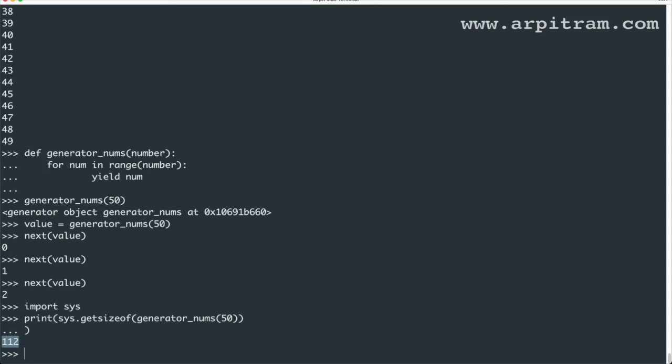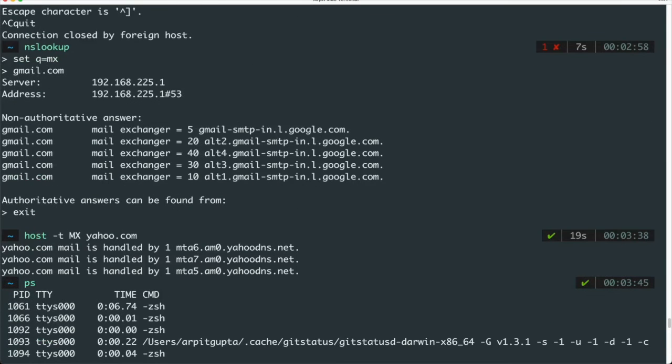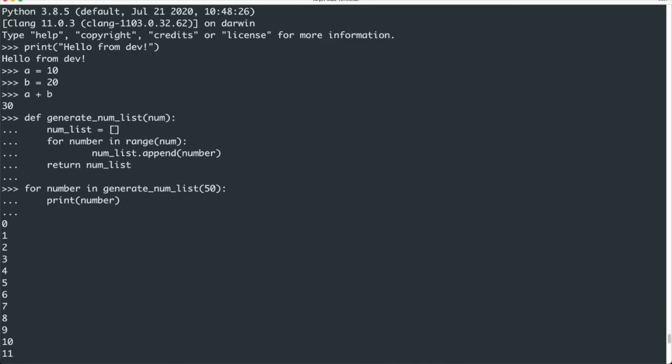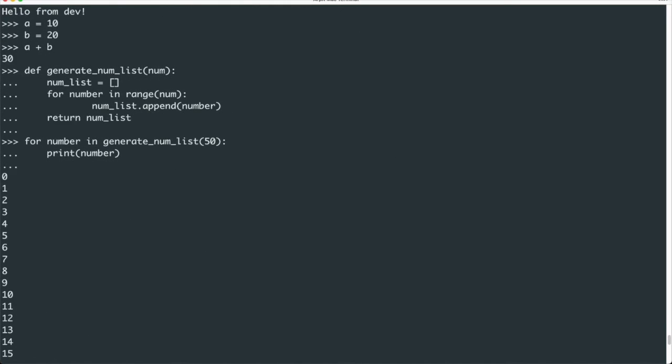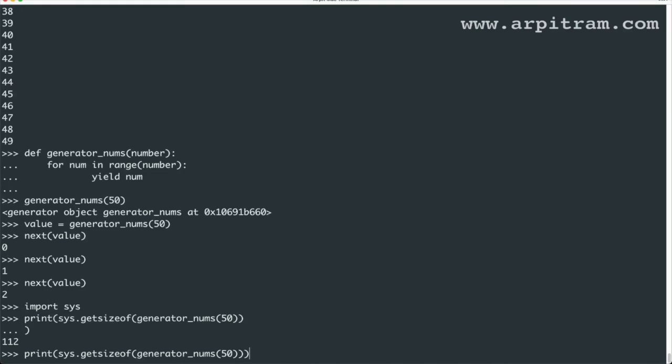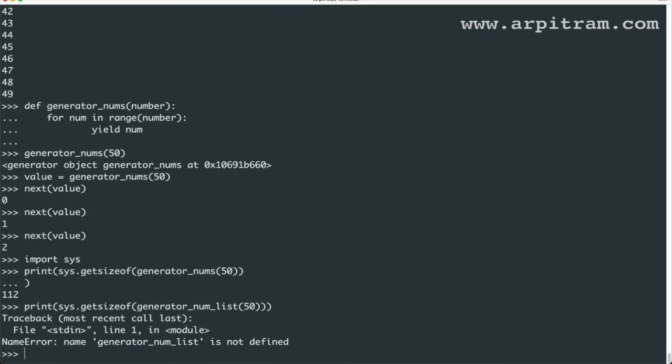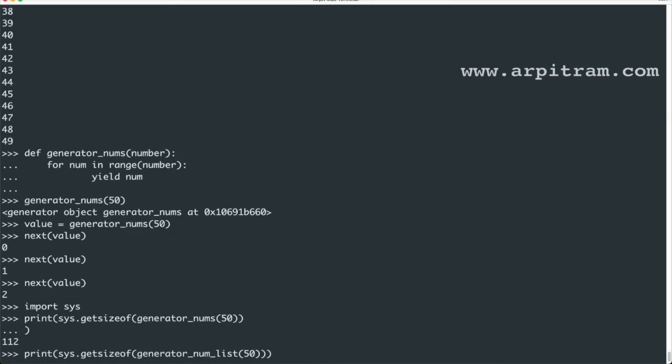If I am going with generator, let's say if I am using a list, what is my method name? I have to check it here. Let's say this generate num list. If I am giving this generate num list with the same parameter, sorry, let me check it again.